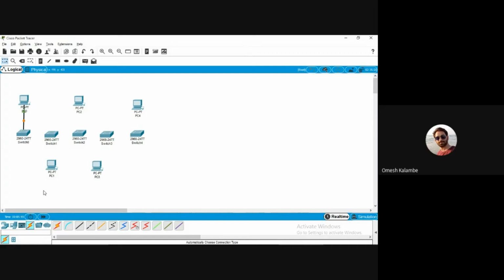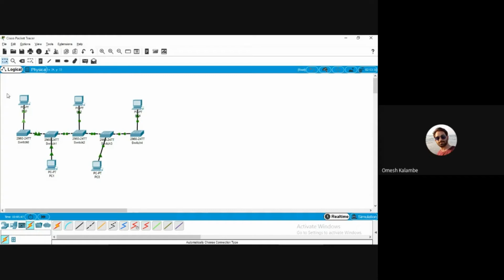PC0 to switch 0, switch 0 to switch 1, switch 1 to PC1, switch 2 to PC2, switch 1 to switch 2, switch 2 to switch 3, switch 3 to PC3, switch 3 to switch 4, switch 4 to PC4. Now we have connected all 5 systems in a local area network with a backbone cable.